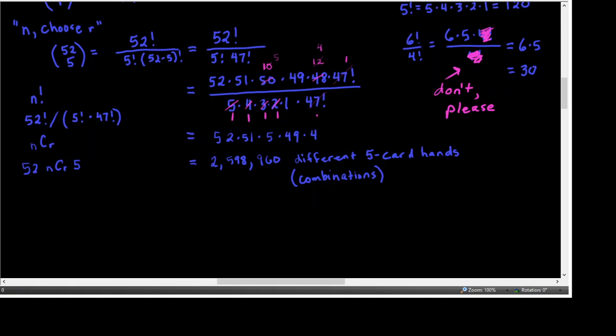Once you have your calculator, you might have to search for combinations. It'll be in the set of things called combinations and permutations, and you want to look for the command that gives you the combinations on your calculator. Typically, you have to type the n number first, then type that command, and then type the r number second. So try typing 52 nCr 5 in your calculator and see if you get that 2.6 million number, or close to 2.6 million. Okay, so pause the recording, see if you can do that, and then come back